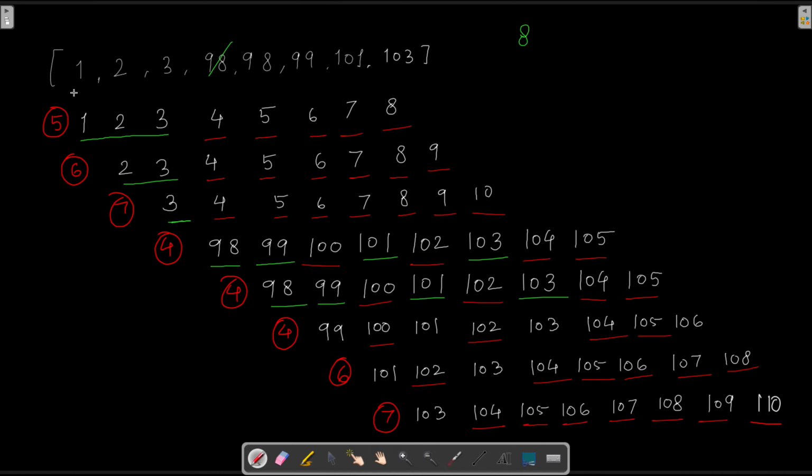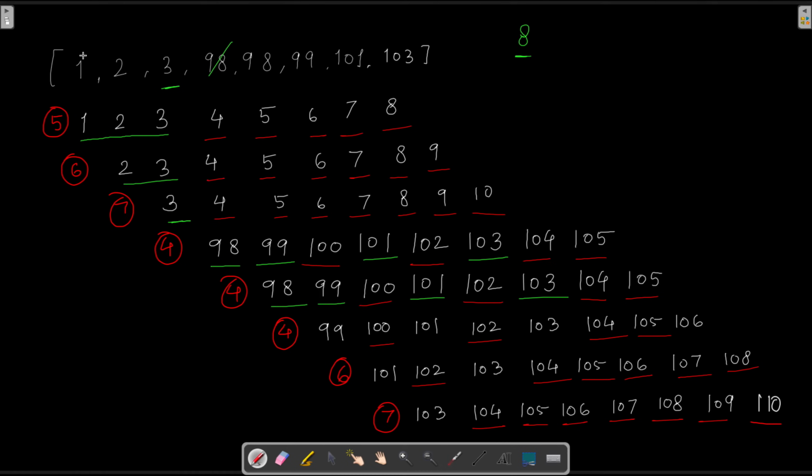So we start our sliding window from this element itself, and we go further up as long as we find an element that is in the range of 8. So in this case, 3 is in the range of 8, but 98 is not. So what we see is that 1, 2, 3 do make up for an array that is going to be continuous, but the rest of the elements are going to be replaced by some other element in order to make it continuous. We do it with every element one after another.